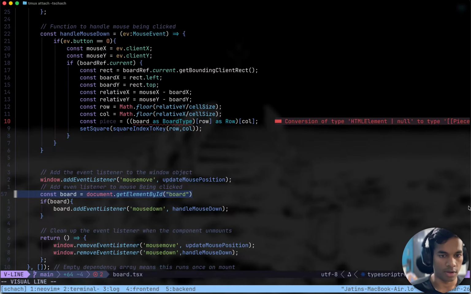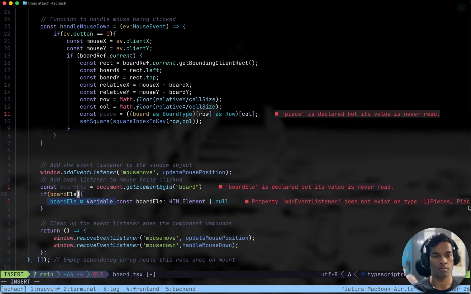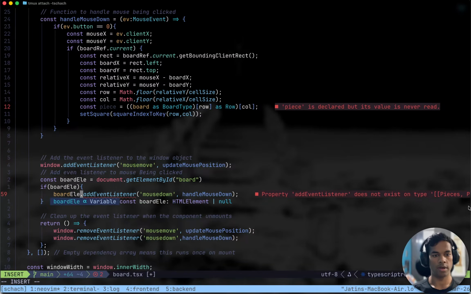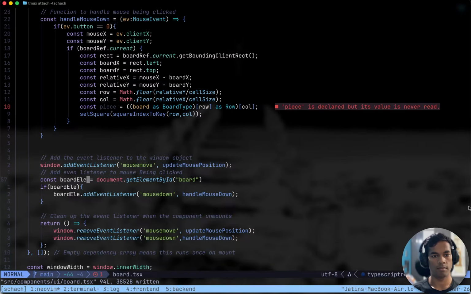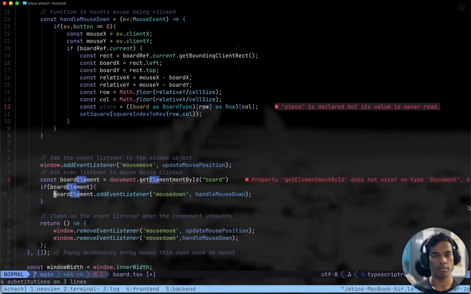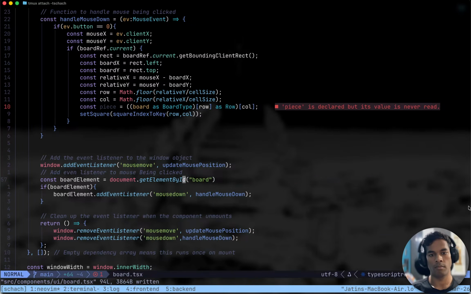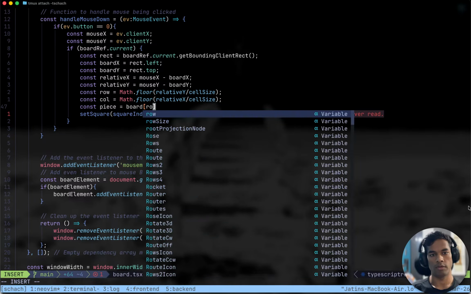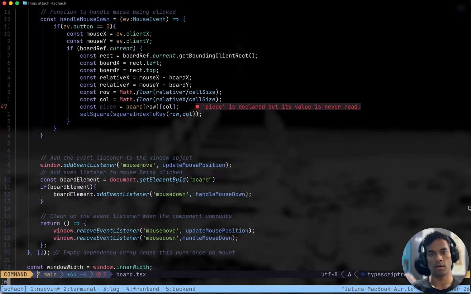Okay, in here we are getting this board. Board element. Piece equals board row and column, piece is declared.